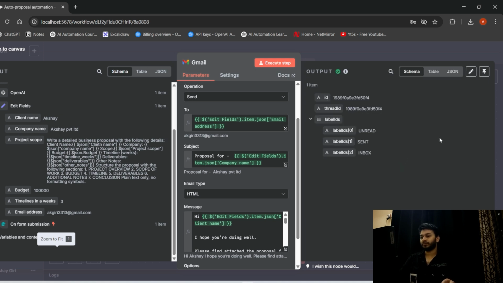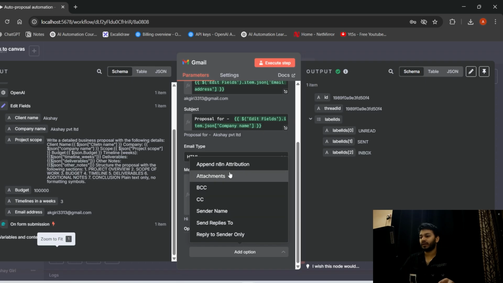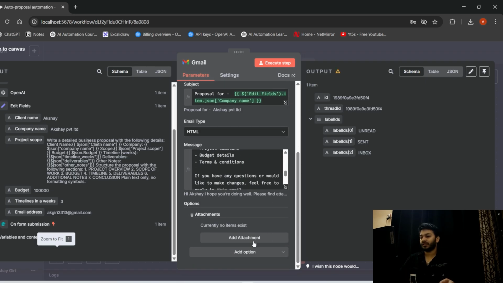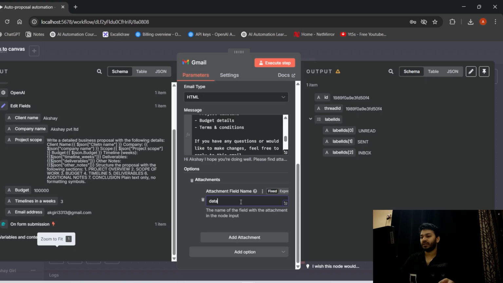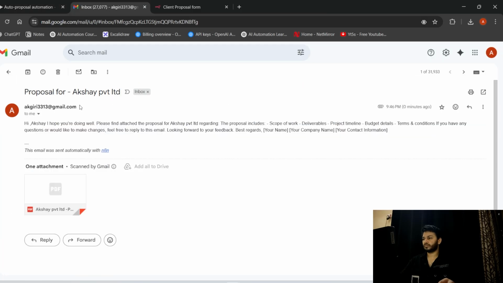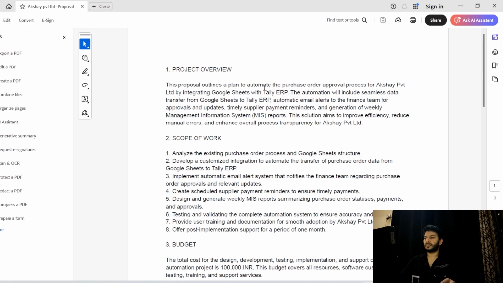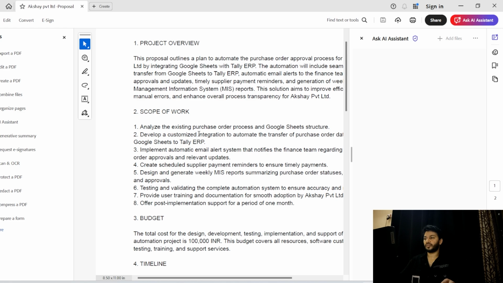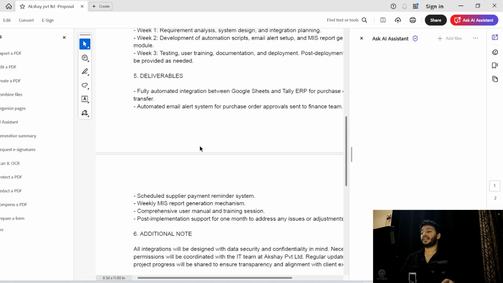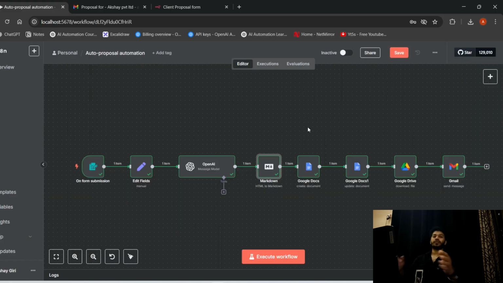So it's sent, but we want to have an attachment, right? So we'll just add the attachment data. You can check the attachment: proposal, scope of work, budget, timelines, final deliverables, and all the information has come. So this one is the final